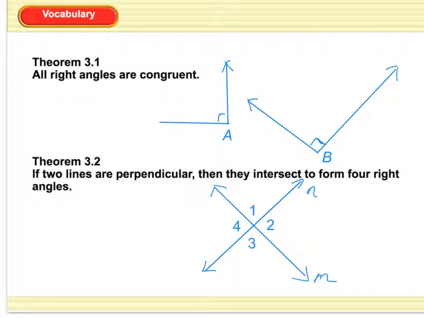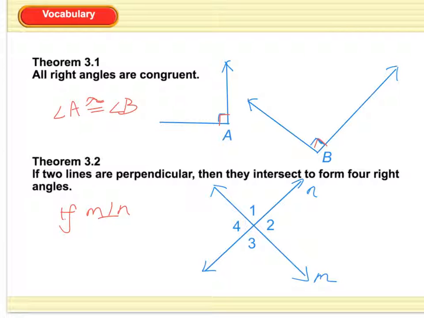So what this is saying is that if this angle here, angle A, is 90 degrees, and angle B is also 90 degrees, and if that's the case, then we say angle A and angle B are congruent, okay? And second theorem, 3.2, if two lines are perpendicular, so in our case, if M is